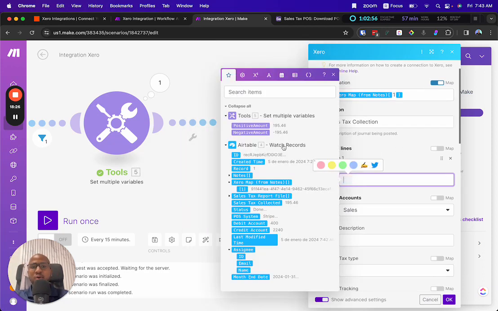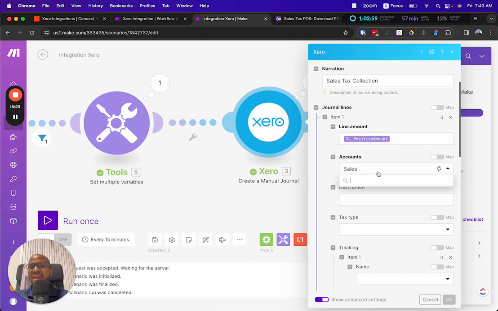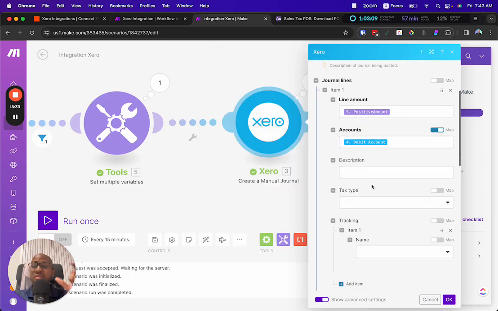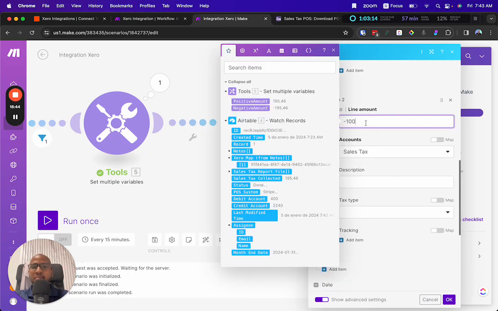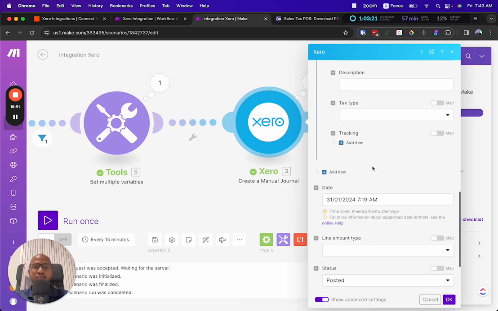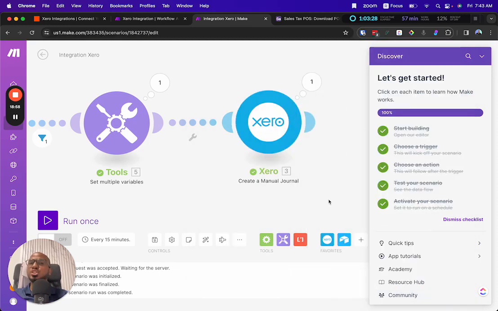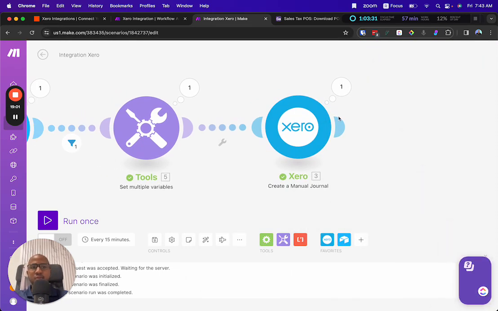The positive amount we'll have here, but rather than having the sales account directly, we're going to map it to the debit account that came from Airtable. Remember that we want to allow that flexibility to change that. Here we're going to have the negative amount, and here we'll have similarly the credit account from Airtable. We do have a date here. Let's just put month and date that comes from there, and that should be it. If we save this,